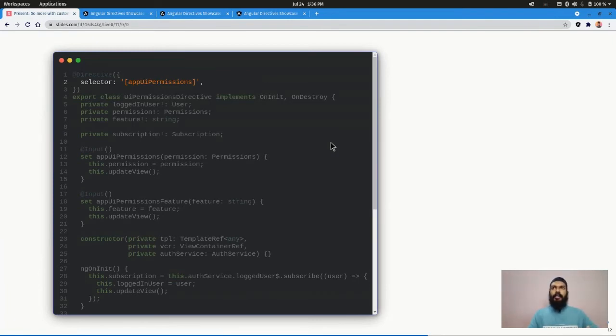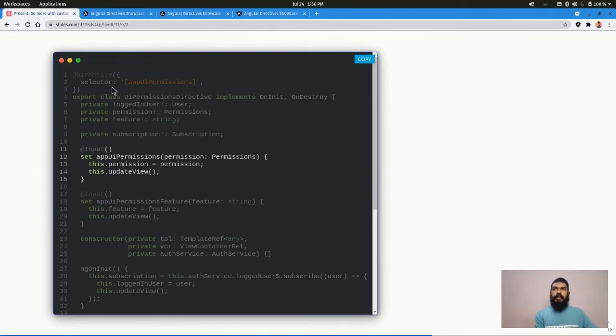We have a class, we decorate the class with our directive decorator, pass in our selector. Again, same thing, we have a few variables for managing the state. One is for saving the logged in user details, one is for saving the user's permissions, and the feature variable is for saving what feature we are actually validating.